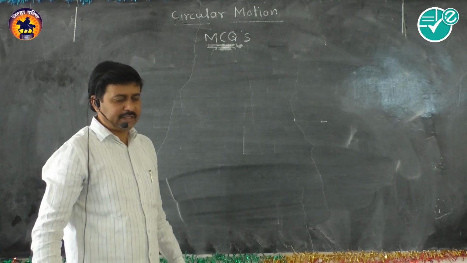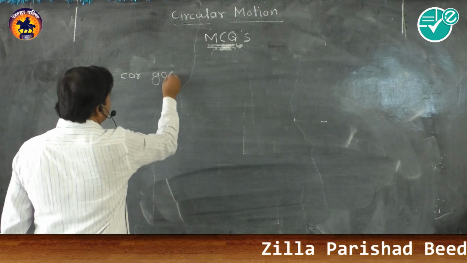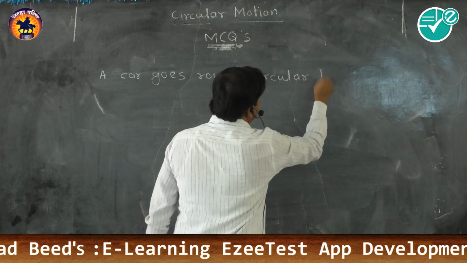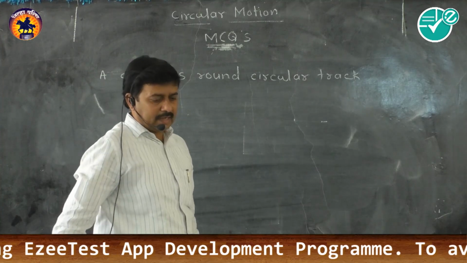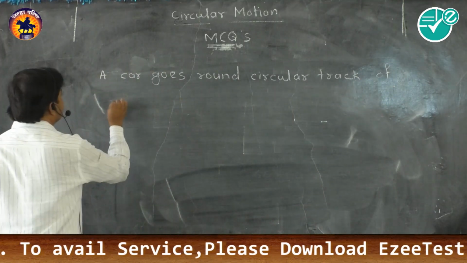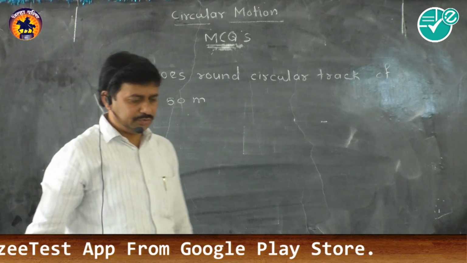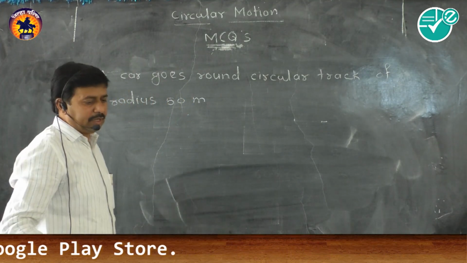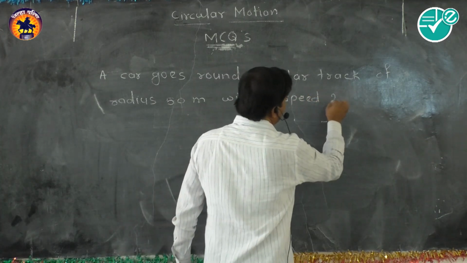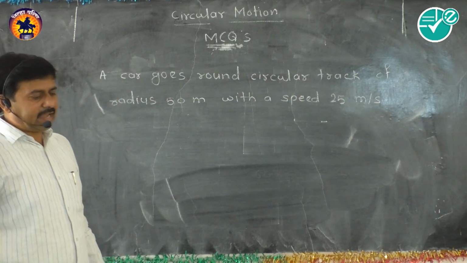We will go for the next MCQ. A car goes round a circular track of radius 50 meters, with the speed 25 meter per second. Its angular speed is